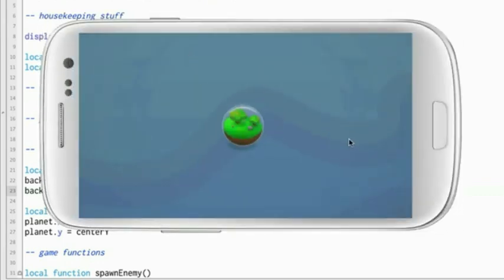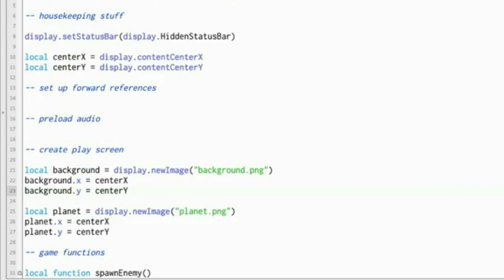Boom. Perfect. And just like that, we've seen how easy it is to not only display a graphic, an icon, a sprite on the screen with Corona SDK, but then you can actually move it around using the different properties of that display object. And the display objects have a lot of properties, and we'll be getting into more of those as this course progresses. But for right now, let's go to the next video and look at how to